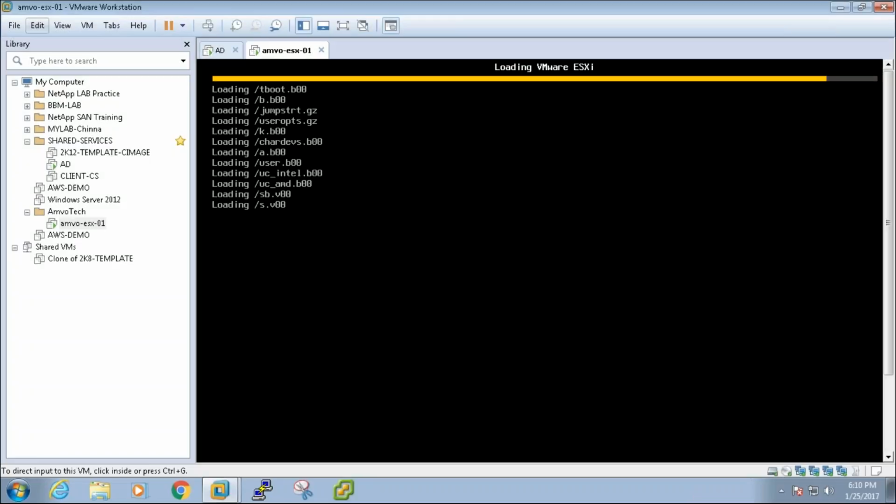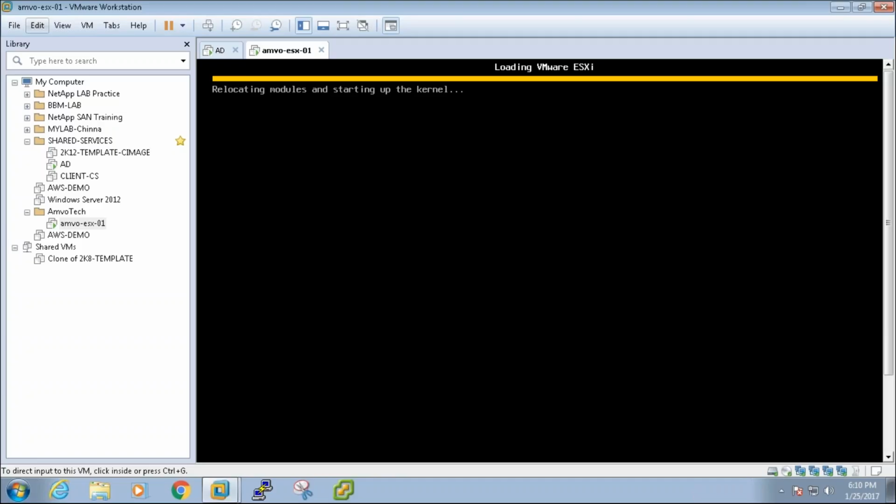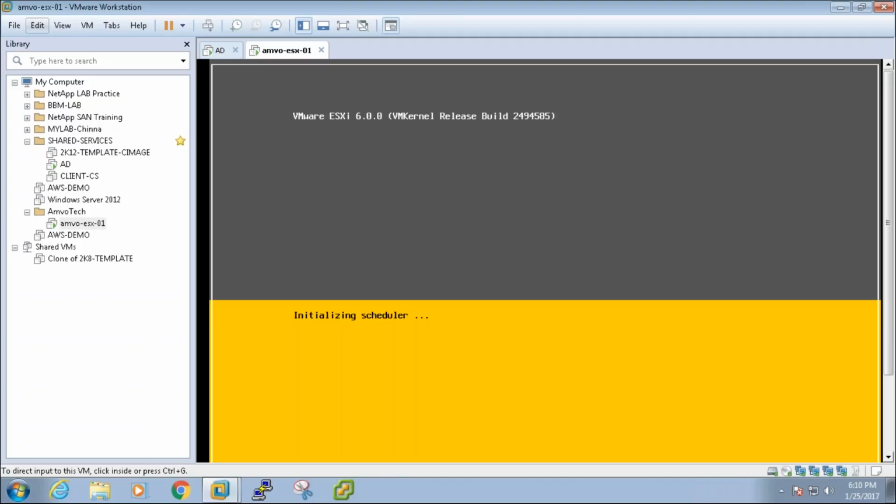Today's lab is to create the VMFS data store and NFS data store. Like I said, I'm going to give you the PDF documents, and I'm also going to give you the recorded session here, so that referring to them you certainly can go ahead and create it. When it comes to creating a data store in VMware, our scope is very limited.